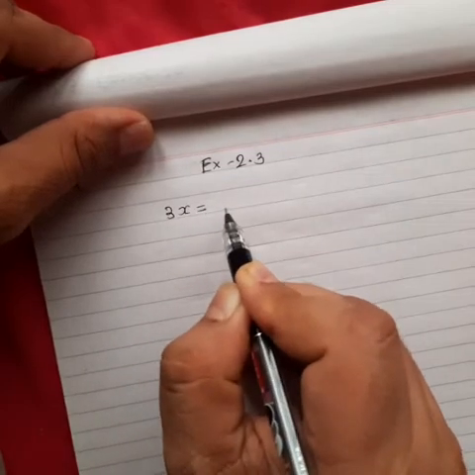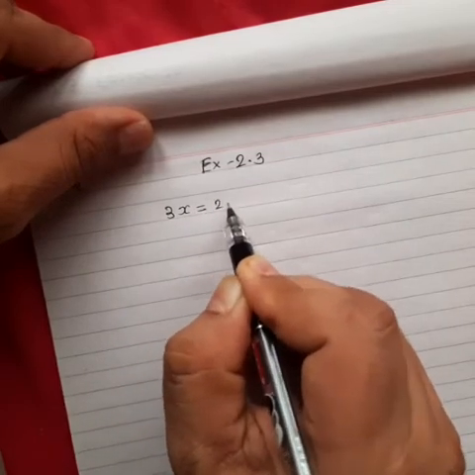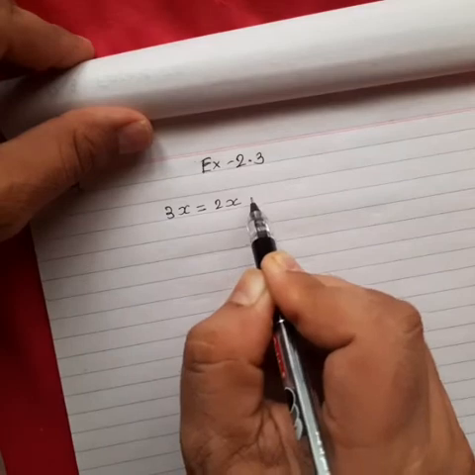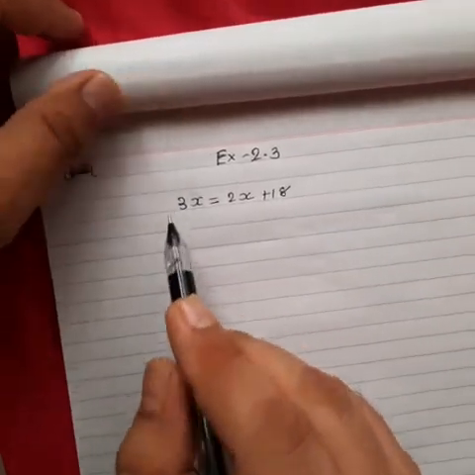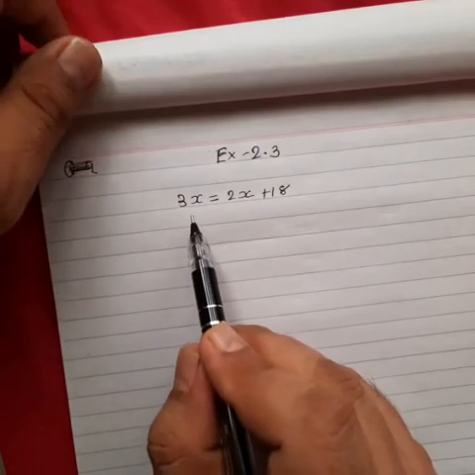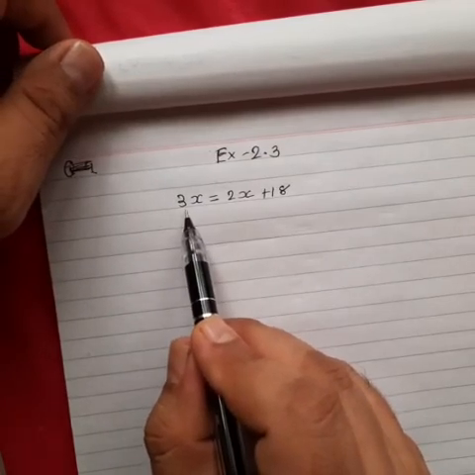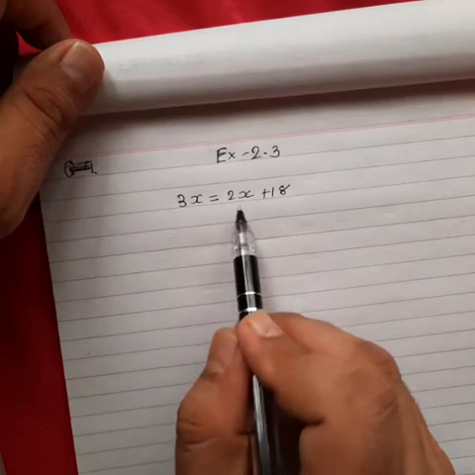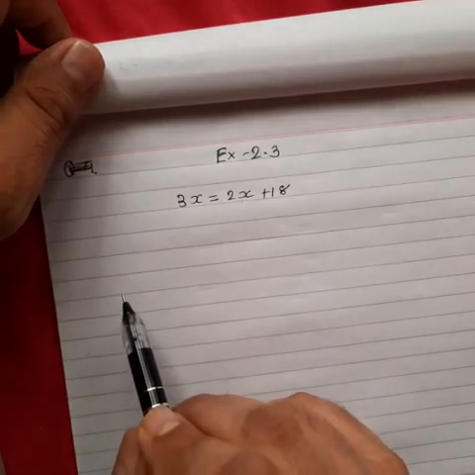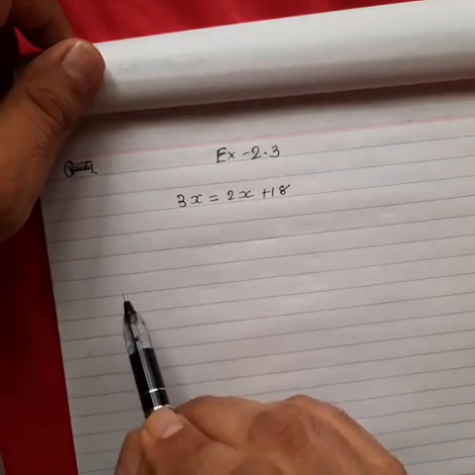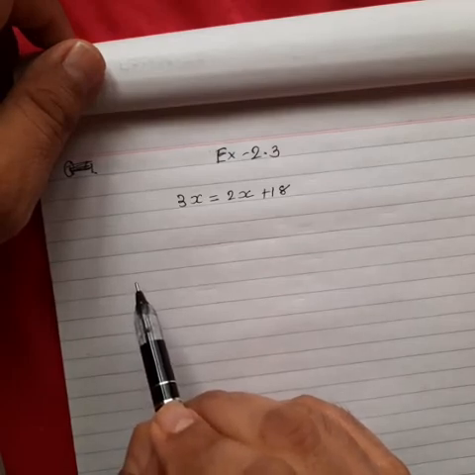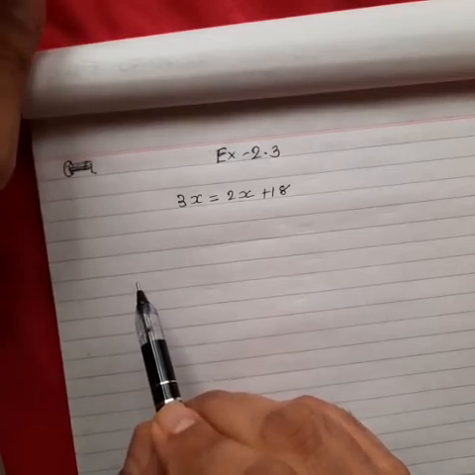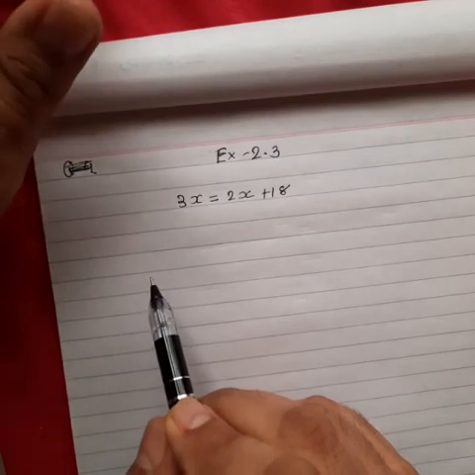3x equal to 2x plus 18. Here you find that unknown terms are on both sides, at the left hand side also and at the right hand side also. Actually, what you have to do, whenever you find unknown terms at both sides, you just switch all the